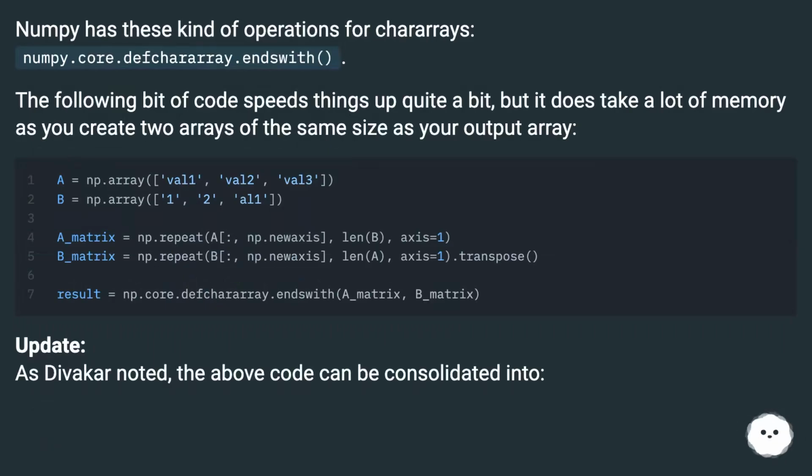Numpy has these kinds of operations for char arrays, numpy.core.defchararray.endswith. The following bit of code speeds things up quite a bit, but it does take a lot of memory as you create two arrays of the same size as your output array. Update: as Divakar noted, the above code can be consolidated into